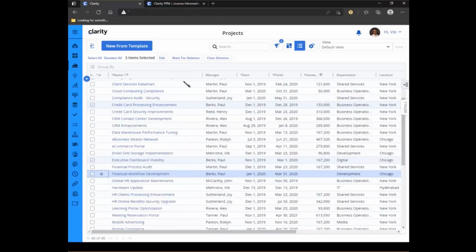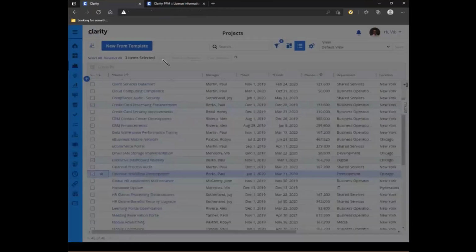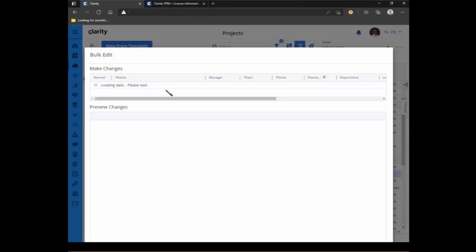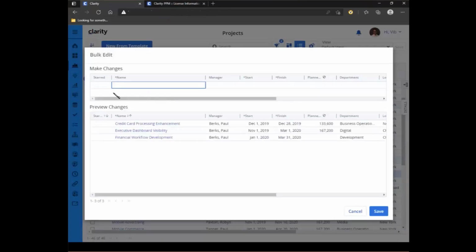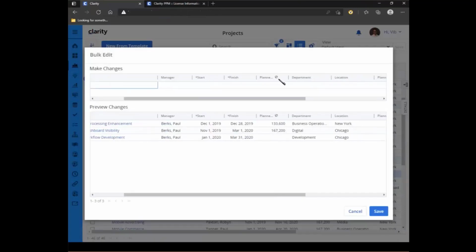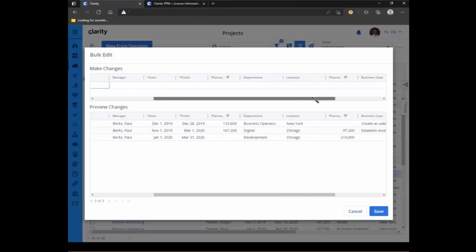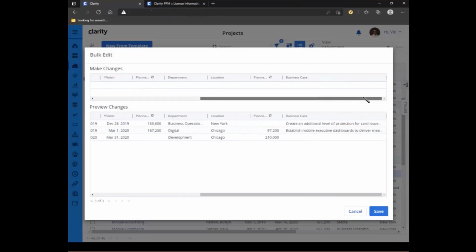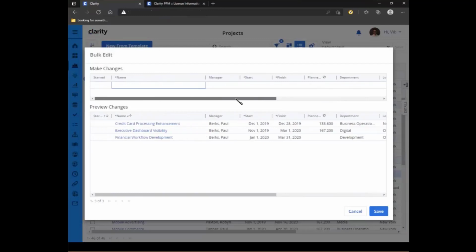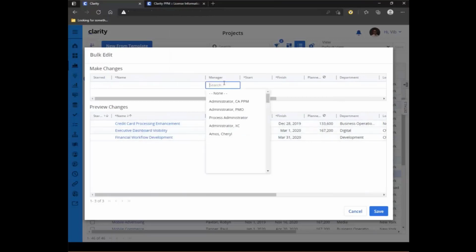So exactly the same columns are available to me in the edit mode, in the bulk edit modal, which are the start, finish, plan, cost, department, location, plan, benefit. So these are all right here. And the three investments that I selected are also listed right here. Now, if I want to change it, saying that, well, Paul Burks is no longer going to be managing this project, I can change that to